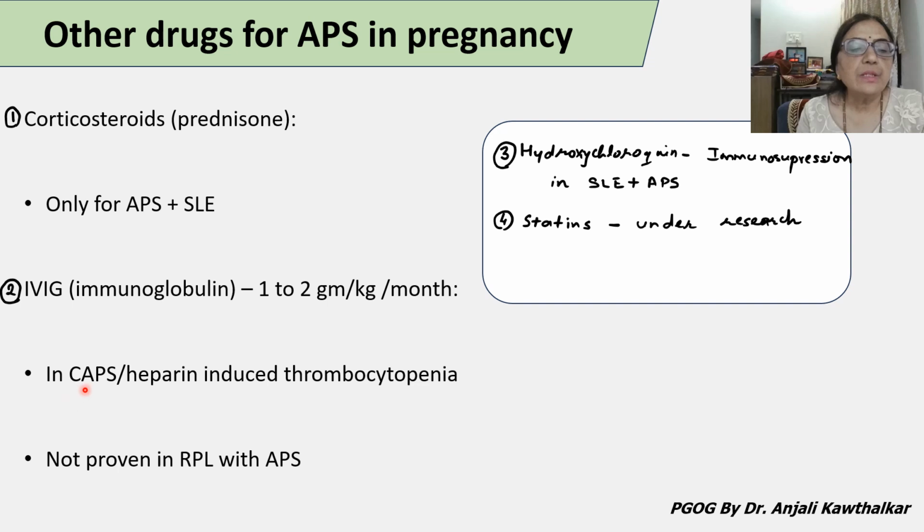It is given when there is either catastrophic antiphospholipid syndrome or heparin-induced thrombocytopenia. These are the indications to give intravenous immunoglobulins. Now, this is a quite expensive drug, and its efficacy has not been proven beyond doubt in recurrent pregnancy loss with antiphospholipid syndrome. Another drug which has been tried is hydroxychloroquine,